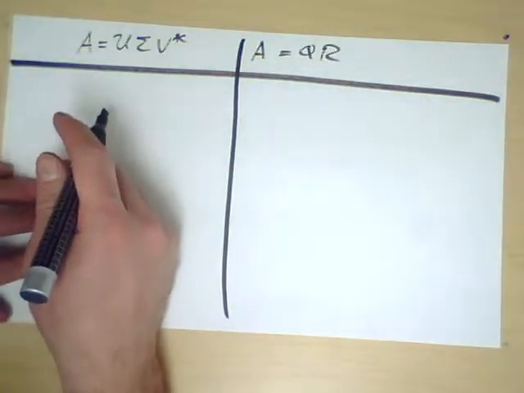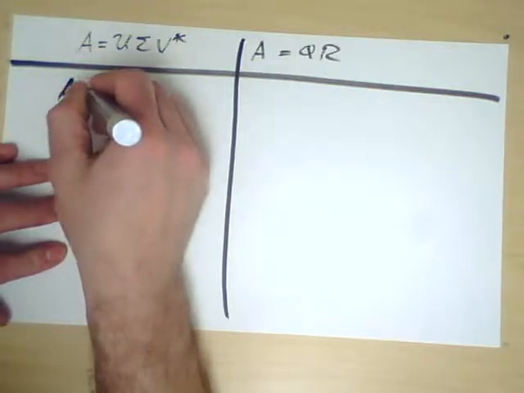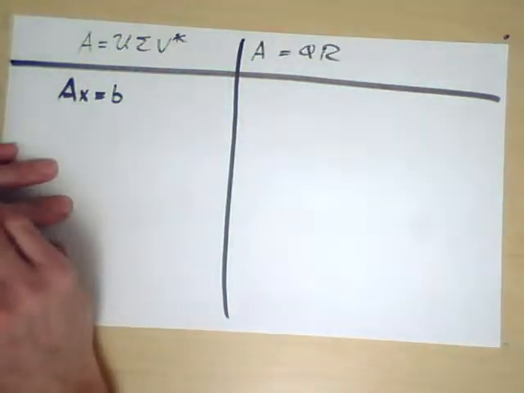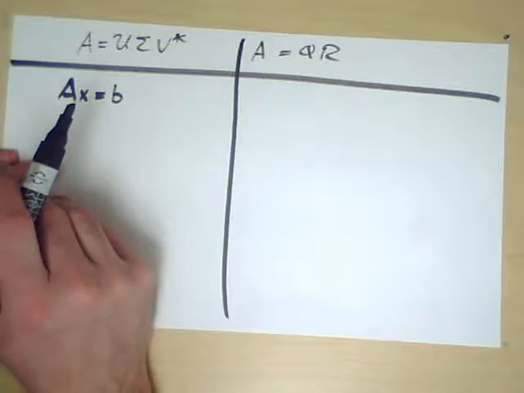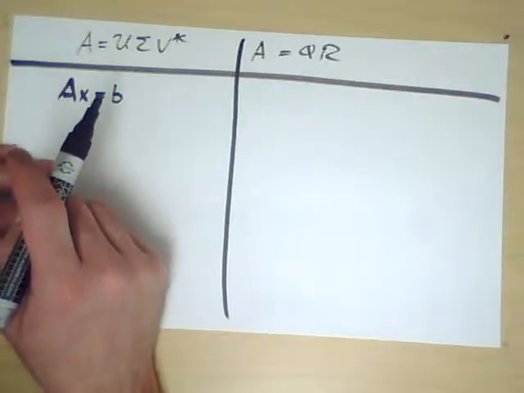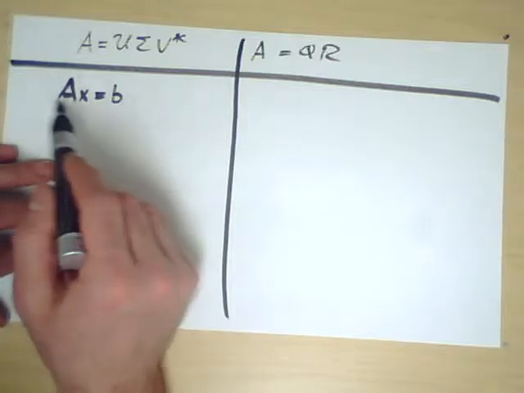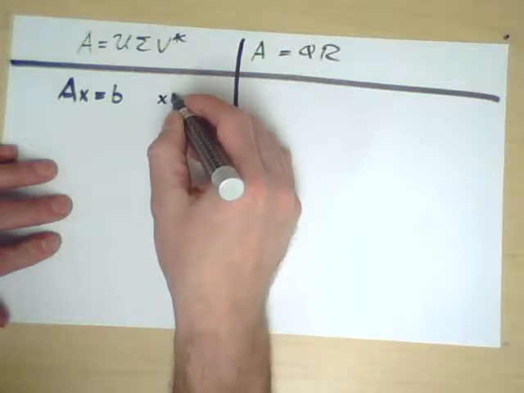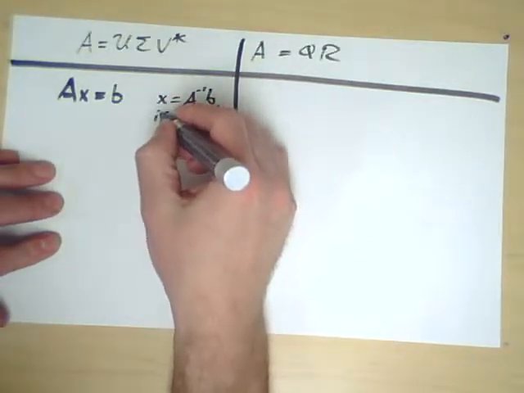The fundamental problem in linear algebra is to solve the problem AX equals B. You have a fixed matrix A and a fixed matrix B, and you want to find the x that solves this linear system of equations. That's where it all begins. Now, of course, you'd say, well, perhaps A has an inverse. We can apply row operations to find A inverse, and then x is A inverse B. That's certainly true as far as it goes,